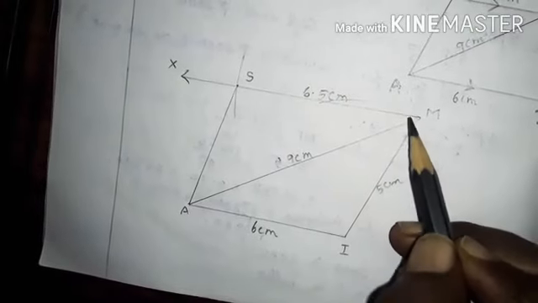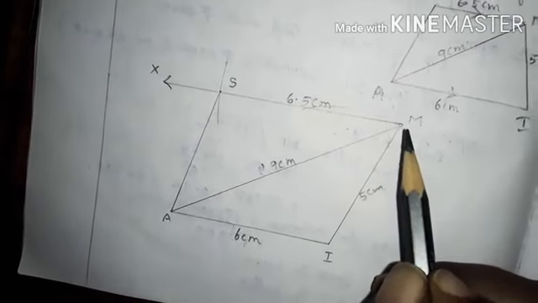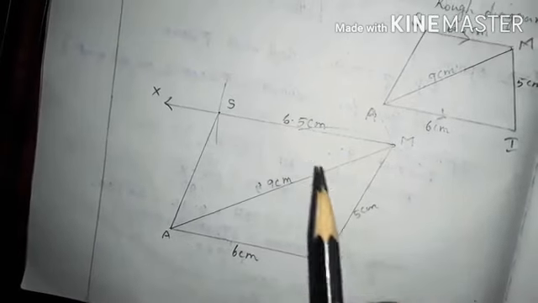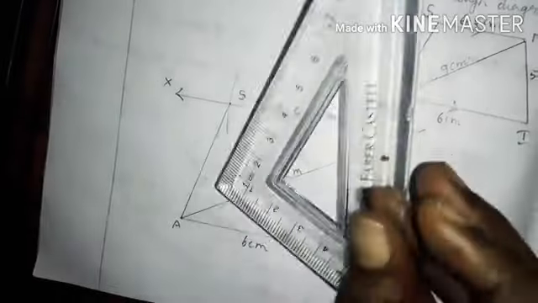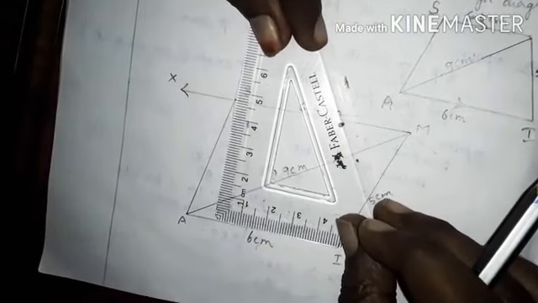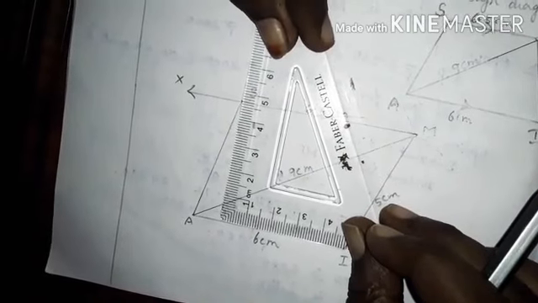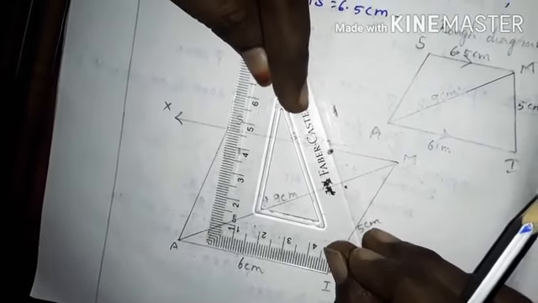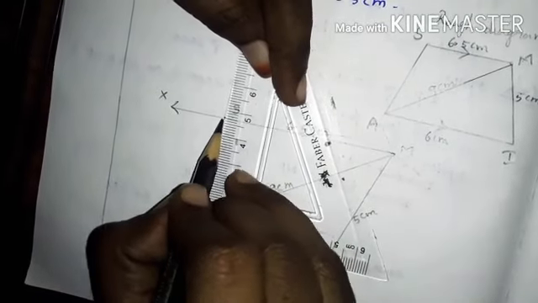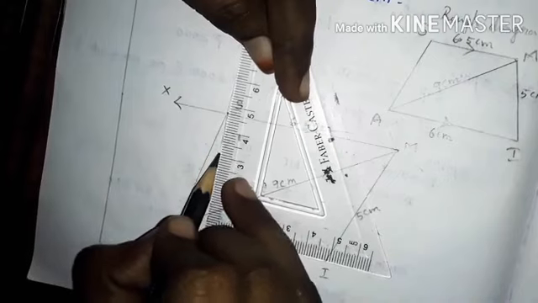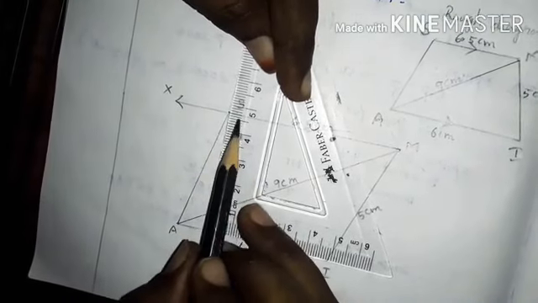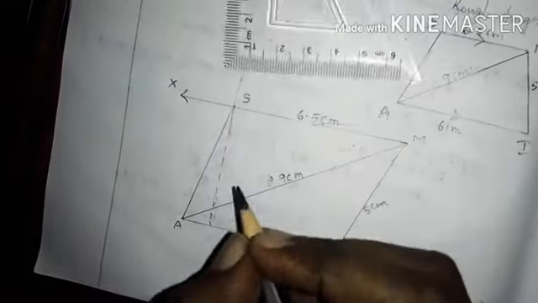After constructing the trapezium, you are going to draw the perpendicular line to find the height of the trapezium. For that, again we are using the set square by keeping it on the base with the point S. You have to draw the height of the trapezium and measure it; it is 4.8 centimeter.